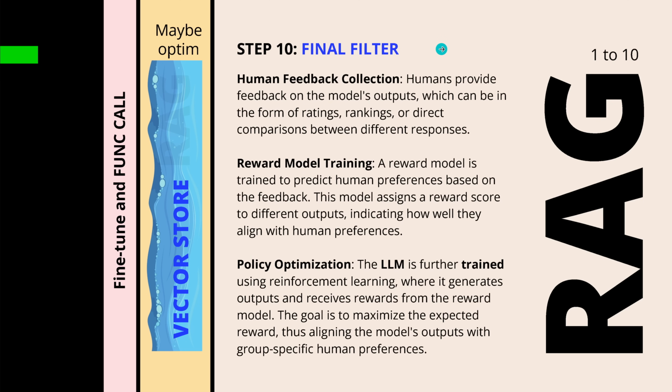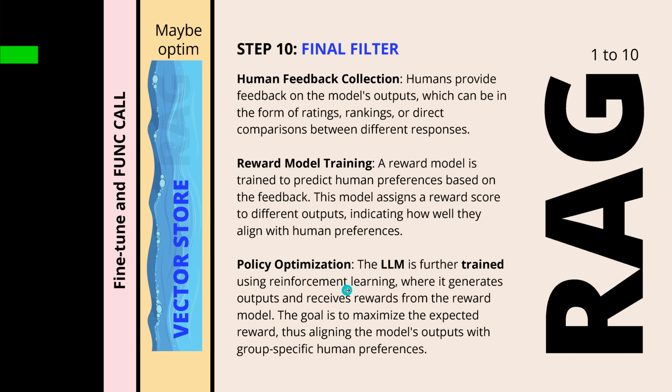And you notice, the very old one from OpenAI is reinforcement learning by human feedback. So we have a human feedback collection. The humans sit down and provide feedback on the model output. Now, this is done today also by another LLM, the 6th or the 7th LLM in this RAG system, I can't remember. Then we have a reward model training. So we train a reward model from game theory to predict the human preference based on the feedback. And then we have a policy that we define and a continuous policy optimization if we now train our LLM